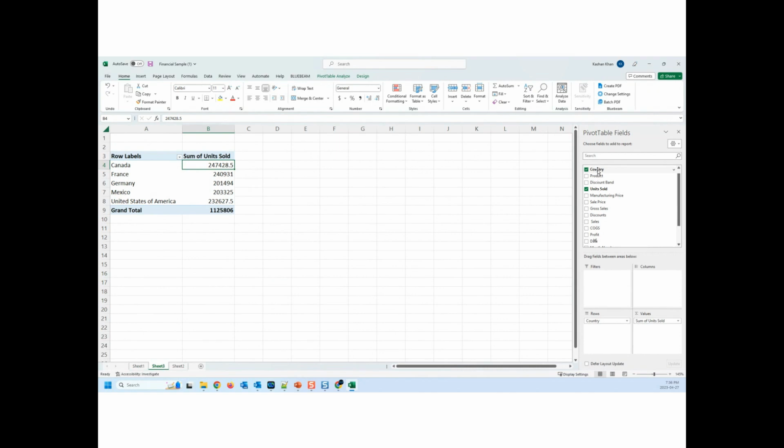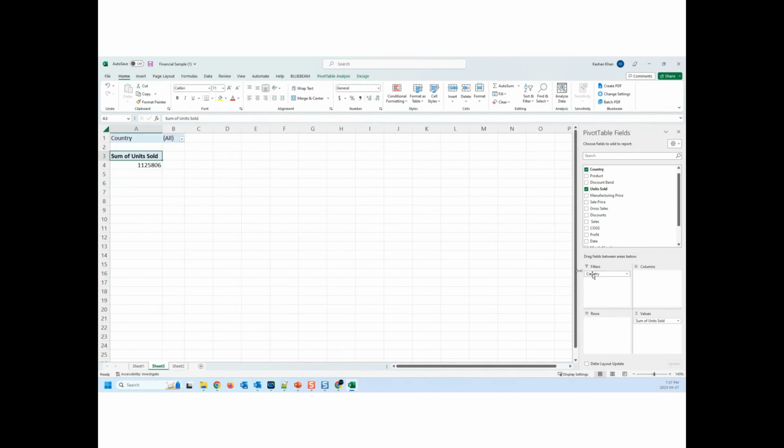Obviously, this is very small data, but if there were 50 countries, I can go ahead and put a filter. I just drag the country into the filter and say I want to see Canada only. And if I say OK, it shows me all the results only for Canada. If I say no, I want to see all the results for France,